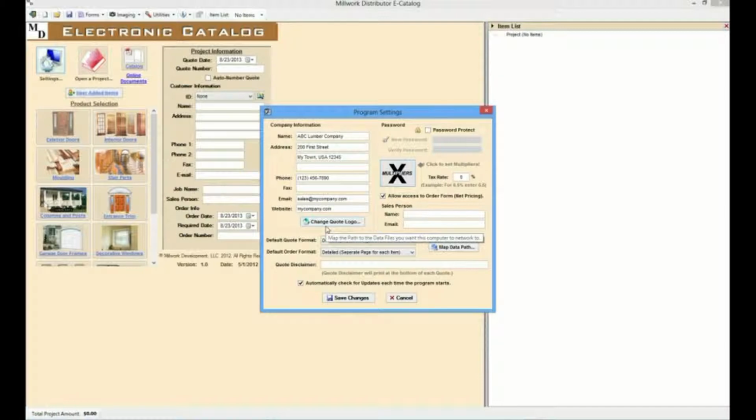Information on the settings page and multipliers can be password protected. By selecting the password protect checkbox and entering in a password, the user can ensure that the settings and multipliers are not accidentally changed. The settings page also includes additional global settings including quote and order default formats,